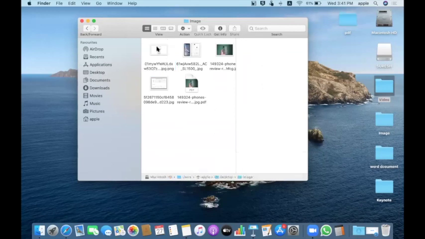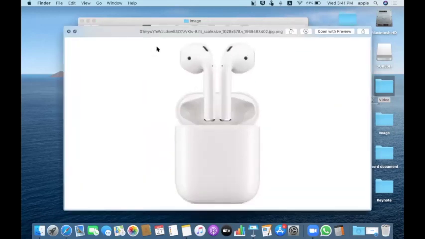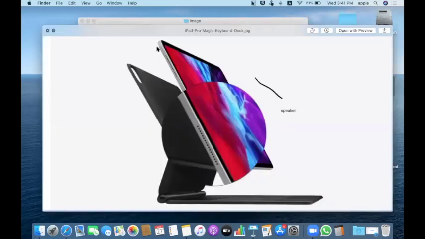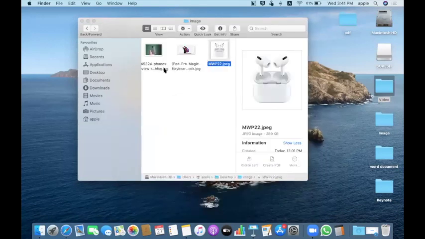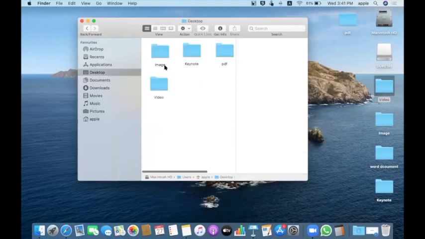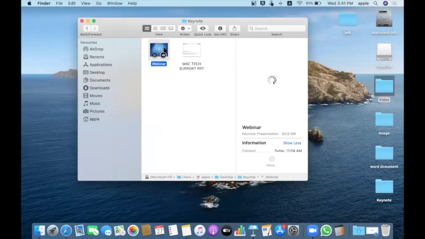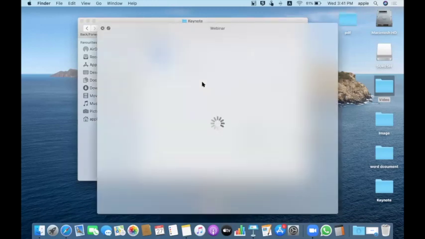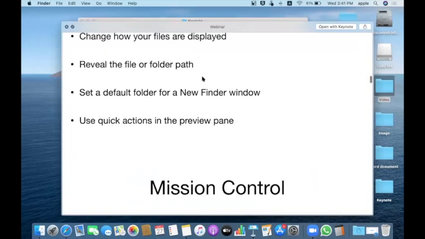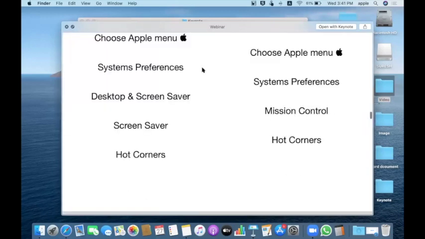If you want to have a preview, just tap, and if you have multiple images or multiple PDF files, just move on with your pointers. Then it will show all the previews which are available. It even works with presentation files also. So I can have a preview without opening it. I can have a quick look of it.